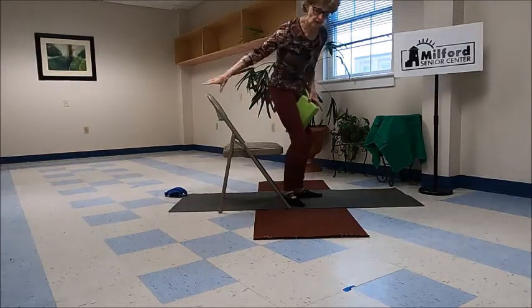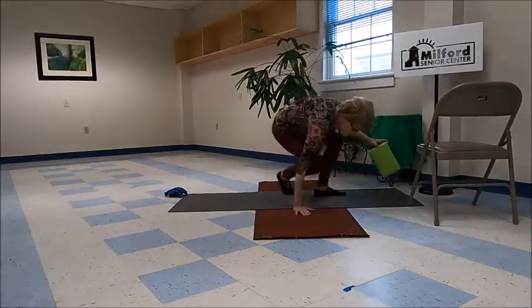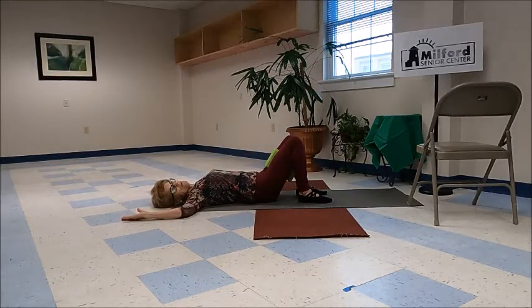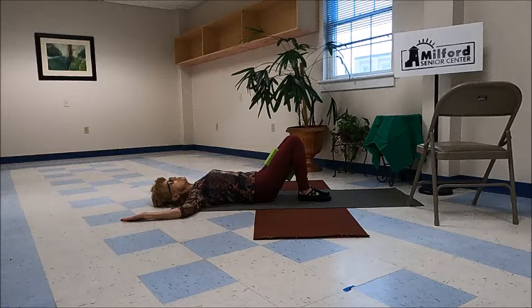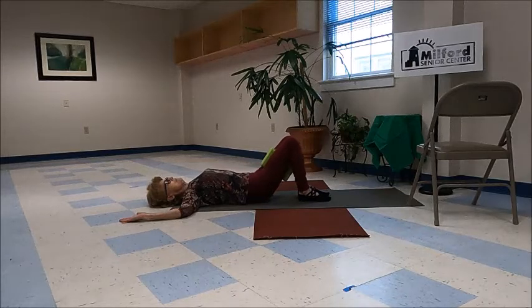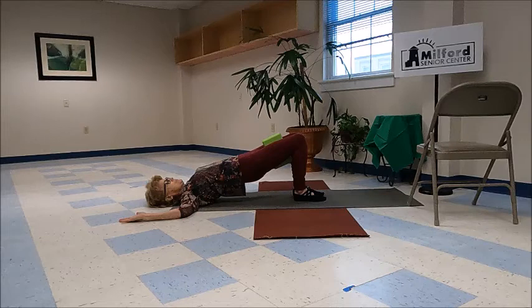Now, if you are on the floor, you are still keeping the block between your thighs. You're going to bring the arms out to the side, bend the elbows. You've got the goalpost arms. We're going to squeeze that block, everybody. Now, either lift your hips off the chair or lift your hips off the mat if you can. Arms back, lower down. Repeat, push down, lift up, squeeze that block,